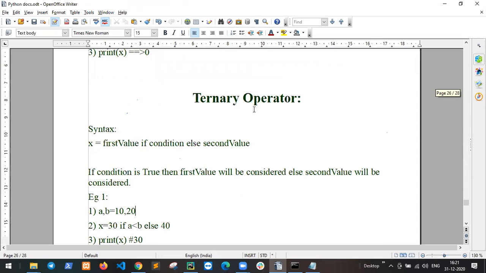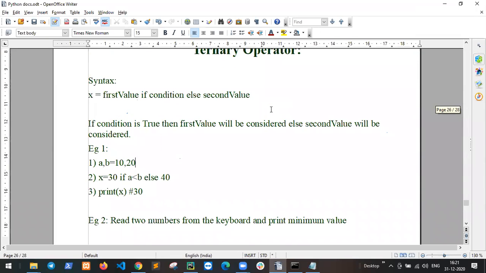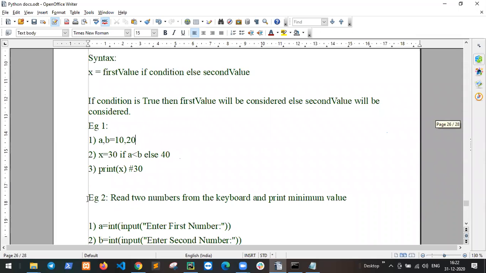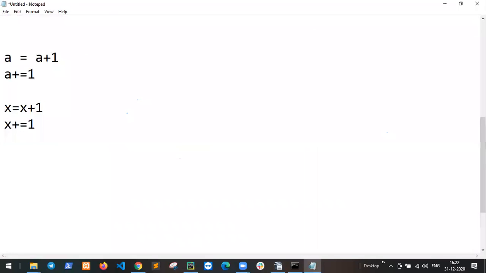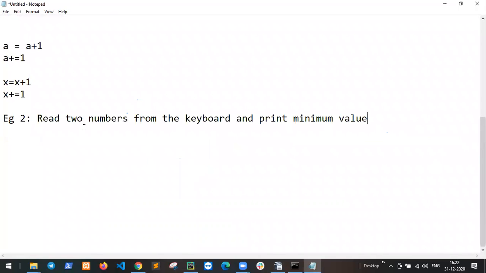I want to give homework. For you, first example: read two numbers from the keyboard and print the minimum value. Then three values: take three values as input from the keyboard through the user and find the minimum value. Got it?